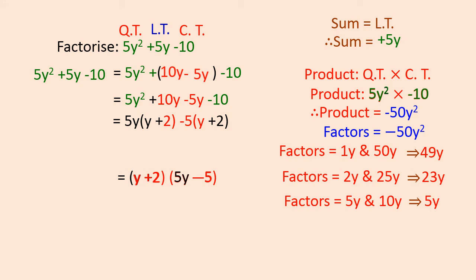So we have got the factors, but still there is scope of factorizing 5y minus 5. So what I will do, I will write down 5 common, 5 into y plus 2 into y minus 1. So the factorization of 5y square plus 5y minus 10 is 5 into y plus 2 into y minus 1. You cannot remove 5. You cannot vanish it because we don't have an equal sign. So it will remain there. Only thing you can do is take it out. Clear?